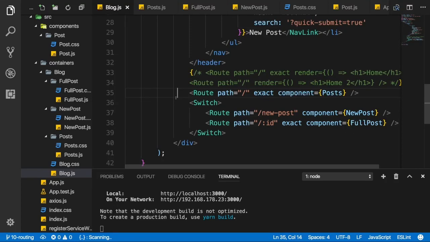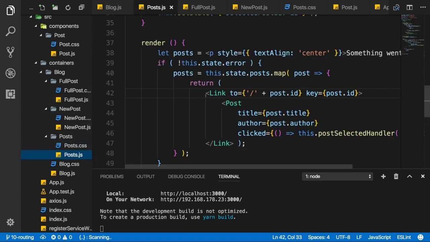So now we're successfully passing parameters and using them. Let me now go back to that posts component again. Right now we're using a link to load a single post and navigate to its page, and there's nothing wrong with that. However, I now want to show you an alternative, and for this I'll comment out the link part